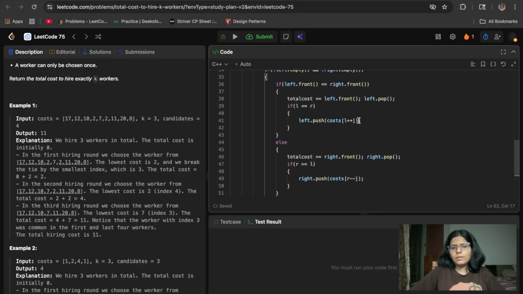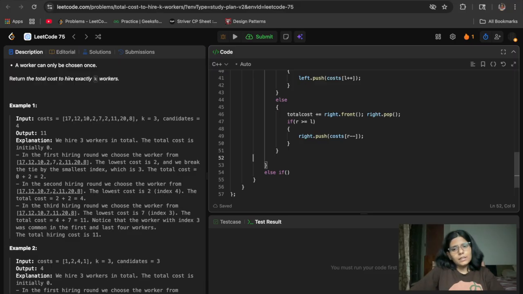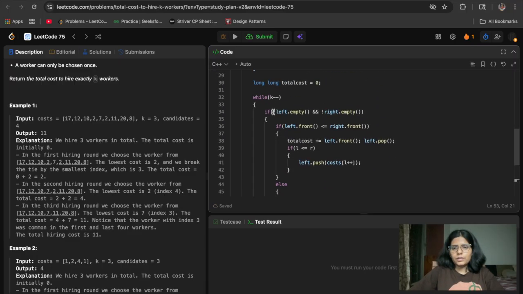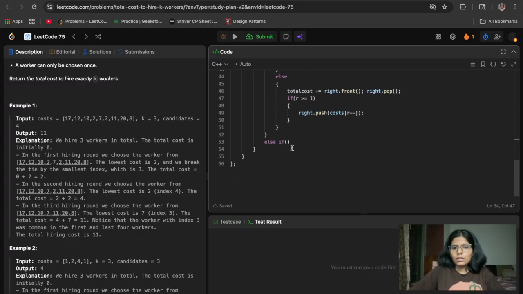What if left is empty or right is empty? In that case, I'll copy this whole thing. If my left isn't empty, or else, if my right isn't empty.